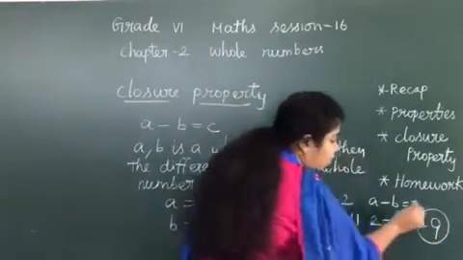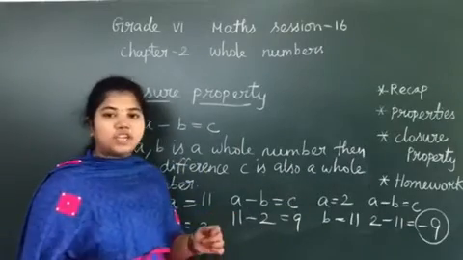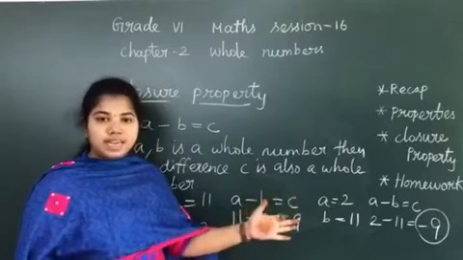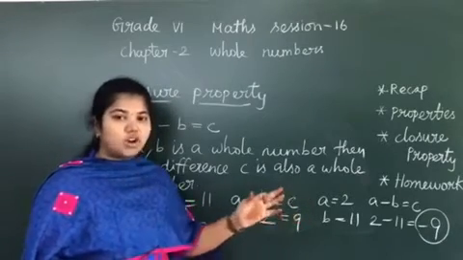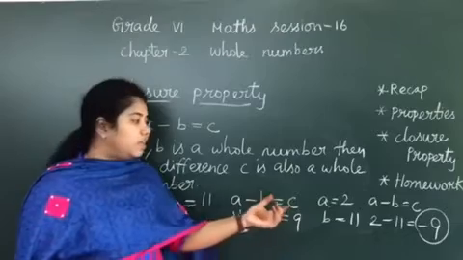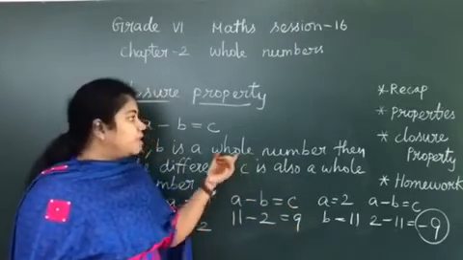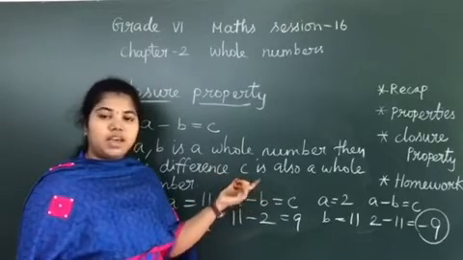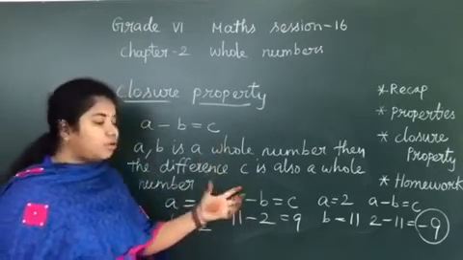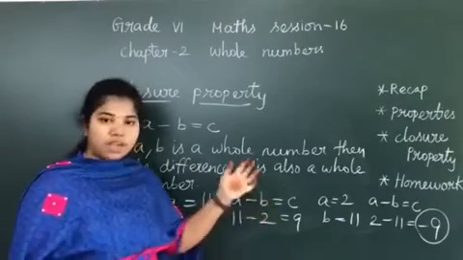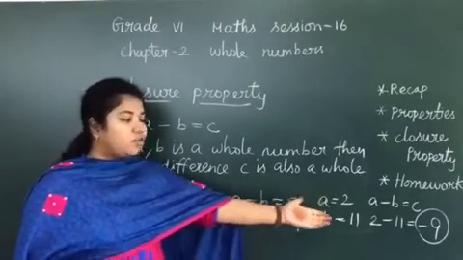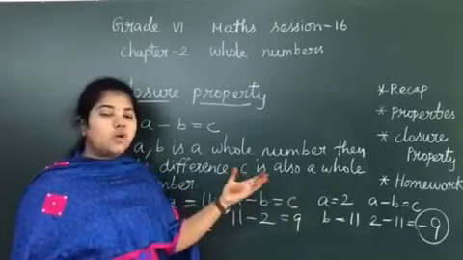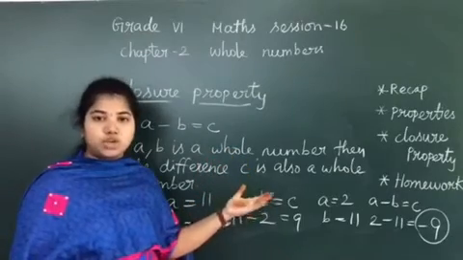Is minus 9 a whole number? What is minus 9 actually? It is an integer. Negative numbers, 0 and all positive numbers come under integers. So minus 9 is an integer. It is not a whole number. So what happened to us? It is not satisfying the closure property, so subtraction is not closed. Can you understand? In addition, if you interchange the numbers also, your C will be a whole number. But in subtraction I have got a negative. A negative number is not a whole number, it is an integer. So subtraction is not satisfied under closure property.